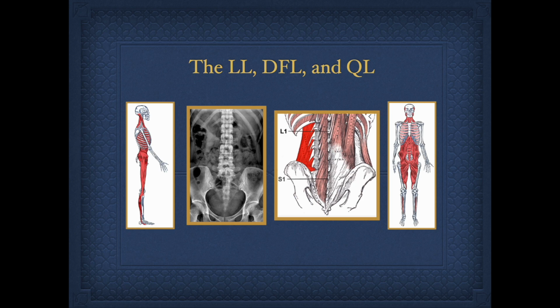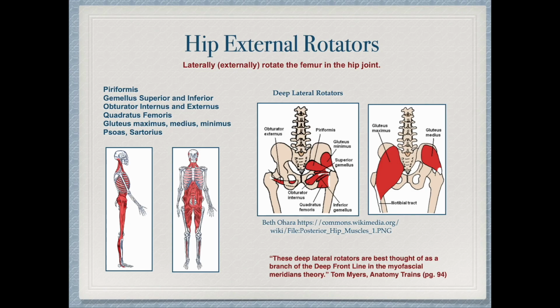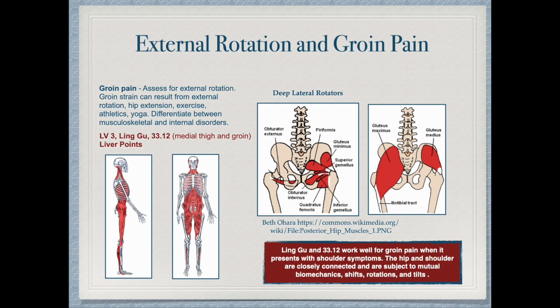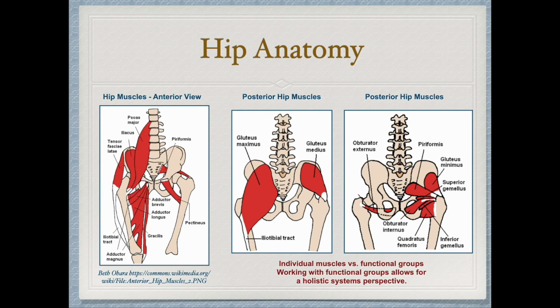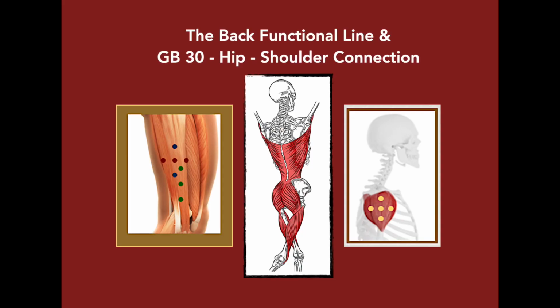And then I also go into extensive information about the anatomy. So we talk about the hip external rotators. We talk about external rotation and how that can relate to groin pain. We talk about the hip adductors and internal rotation and the way that this can cause pain in different areas. So this is all really essential to understand, and the way that this relates to both the meridians and the myofascial lines. I also cover in this course traditional points that we use for hip pain and why they